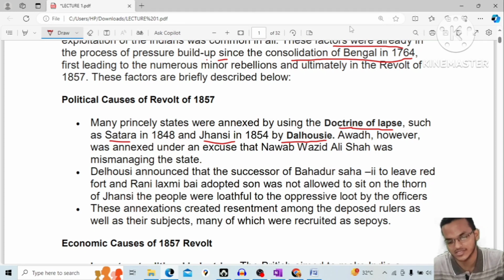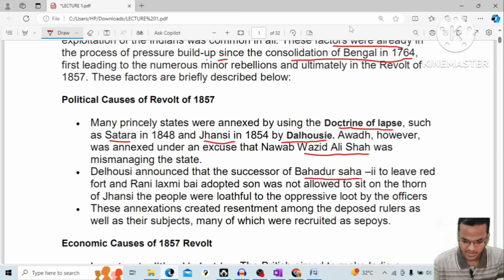अवध जो था उन्हें मिसमैनेजमेंट कहकर, मतलब अवध के राजा के पास उनका एक बेटा तो था लेकिन वो राज्य नहीं चला पा रहे. मिसमैनेजमेंट की एलिगेशंस लगाकर उनके राज्य को भी उनसे छीन लिया गया था, एनेक्स्ड. वो जो नवाब वाजिद अली शाह. अब ये डॉक्ट्रिन ऑफ लैप्स, देन बहादुर शाह सेकंड,